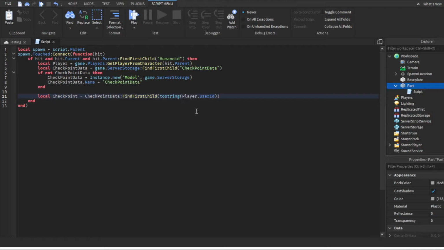So it's just going to find whatever Roblox player has touched the spawn. It's going to look for their user ID, and then it's going to find their checkpoint, basically. So it's really just that simple. And then just like with the first one, if there is no checkpoint, we're going to go ahead and create it. If not checkpoint, then